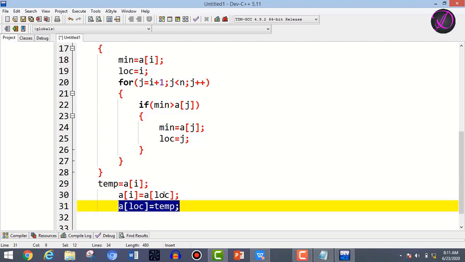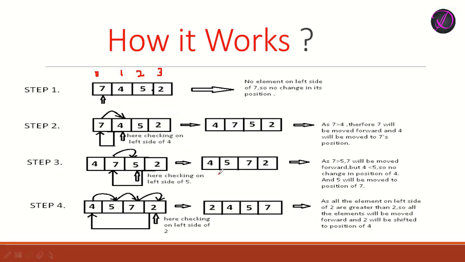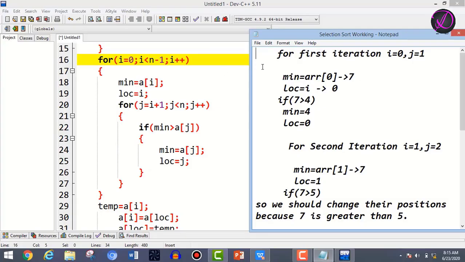element list. Now let's see how it's working. Suppose the number at index 0 is 7, at index 1 is 4, at index 2 is 5, and at index 3 is 2. So for the first iteration the value of i is 0 and j becomes 1, because i is 0, 0 plus 1 becomes 1.